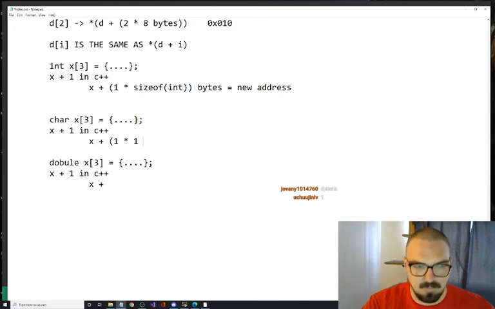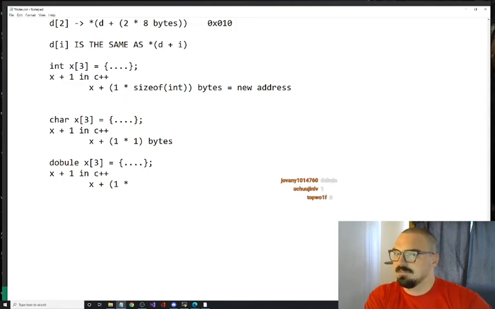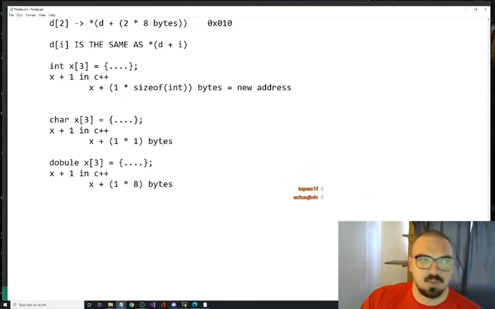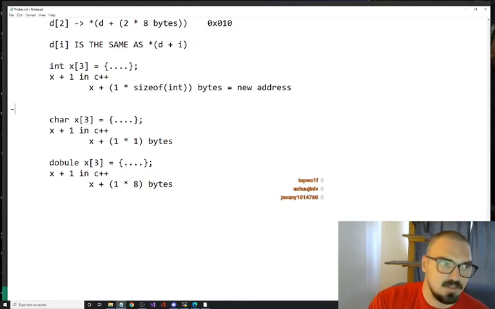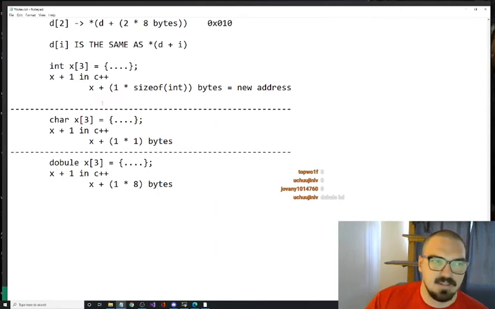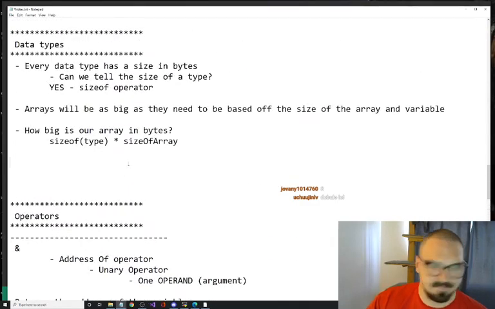It's going to be 1 times 1 byte. All right. And then finally for a double, it's going to be 1 times how many bytes? 8. So we understand this? That the compiler, C++, the runtime, it's all going to just look at the size of that address. So that's going to bring us into our pointers talk.